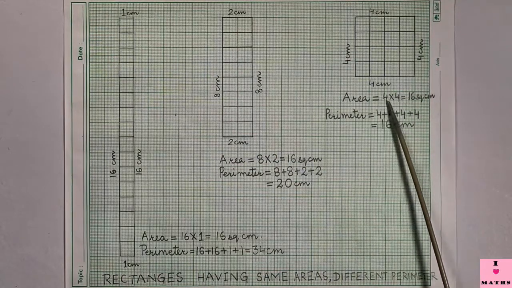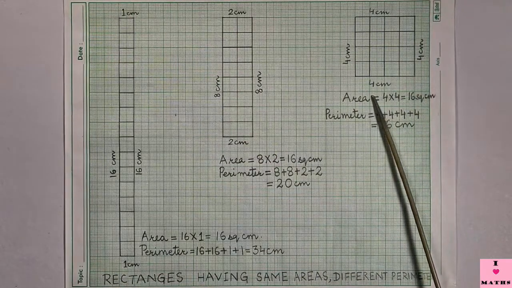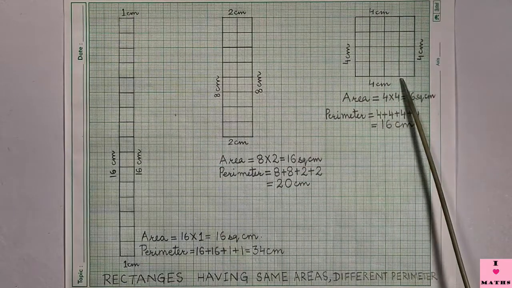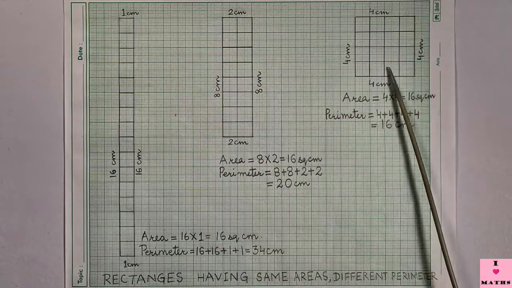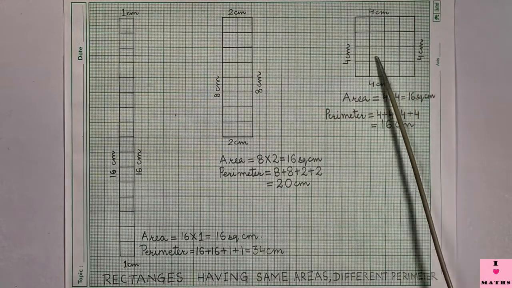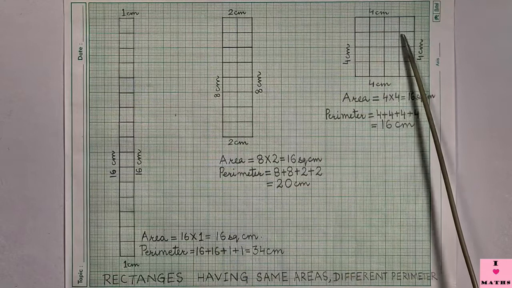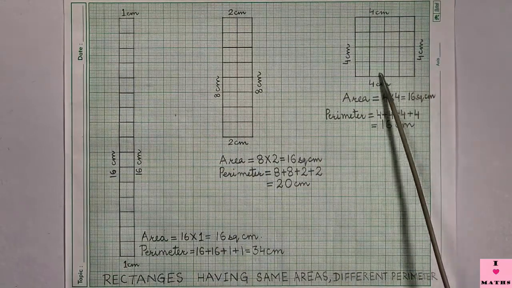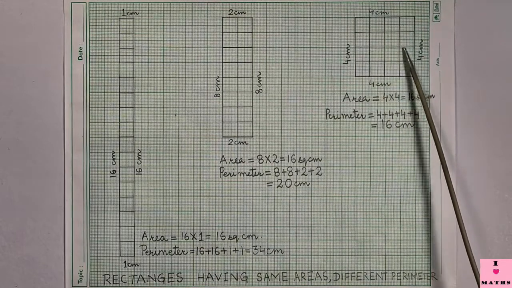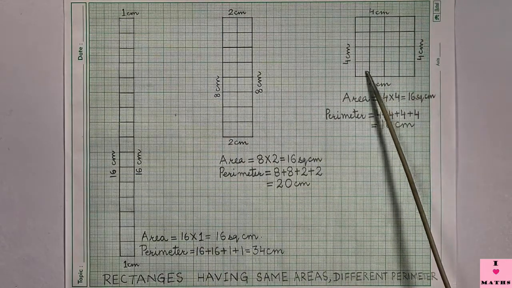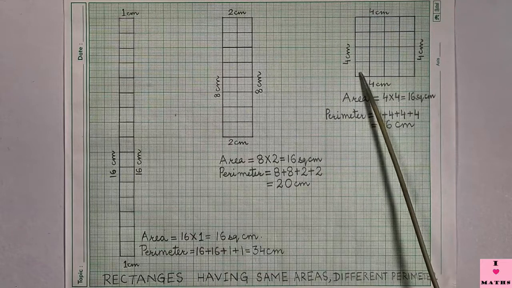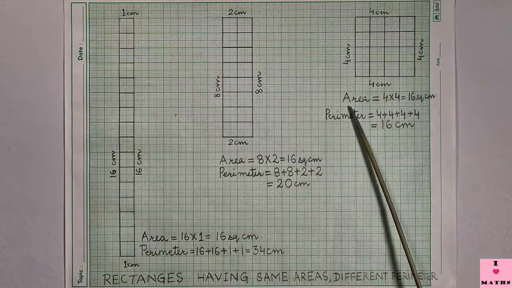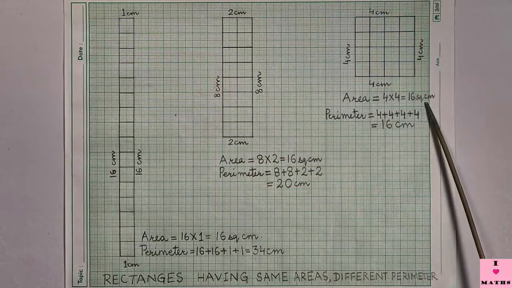Let us see whether 16 squares make this figure or not. 1, 2, 3, up to 16. So children, 16 squares, each of whose area is 1 square centimeter, are making this figure, and that is the reason the area of this figure is